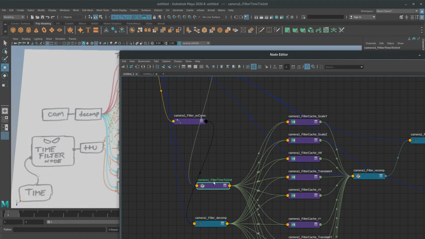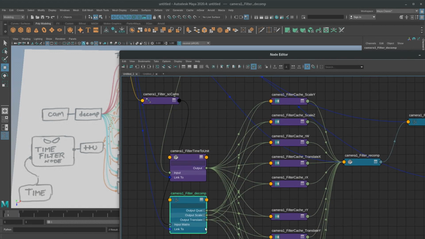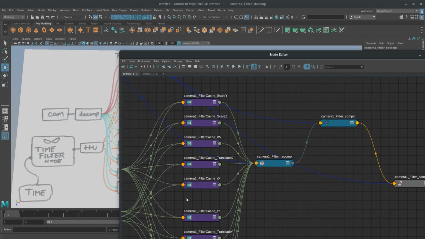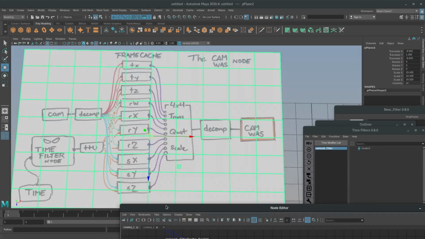So that's what's happening. You can see it's pretty much exactly what's going on here. We have a time to unit, which is the time we're querying, the decomposition node, which takes the quaternion, scale, and translate, and 10 of these frame cache nodes. Now, I don't know if it's possible to do this with a single node. In new versions of Maya, when we built the tool, this was the only way to do it, so that's what we did. The results get recomposed in a 4x4 matrix.